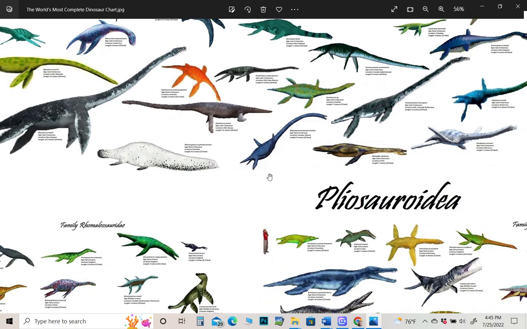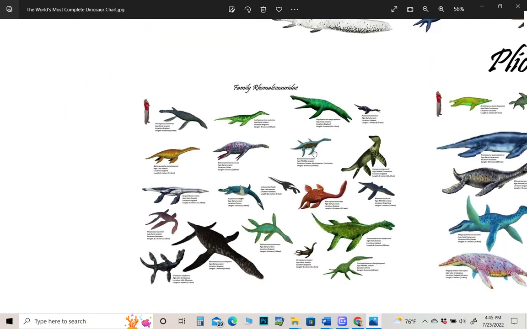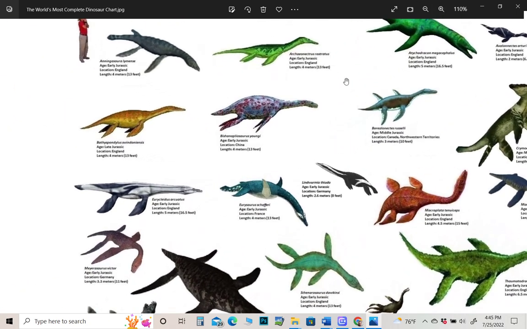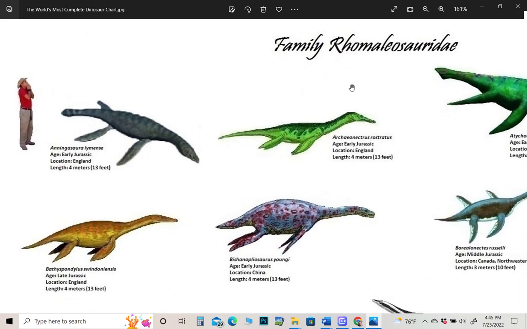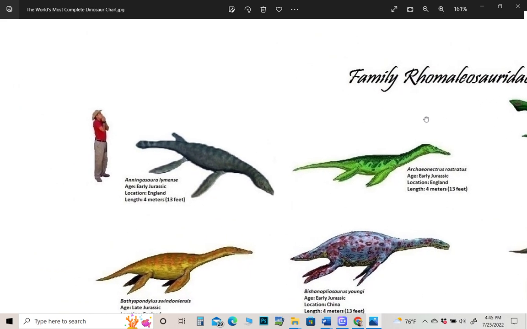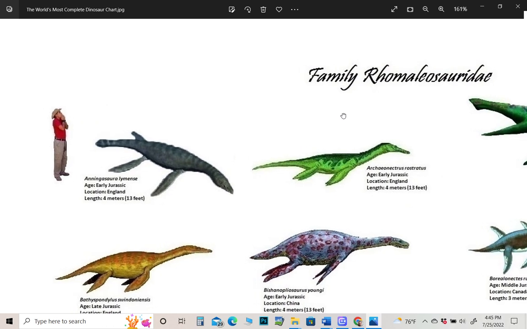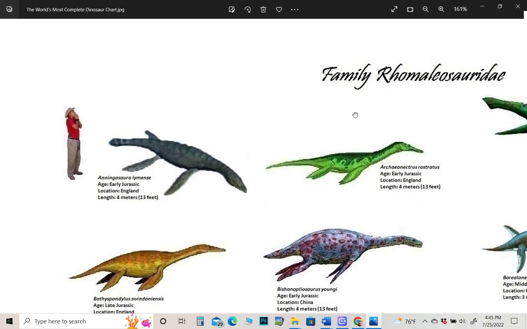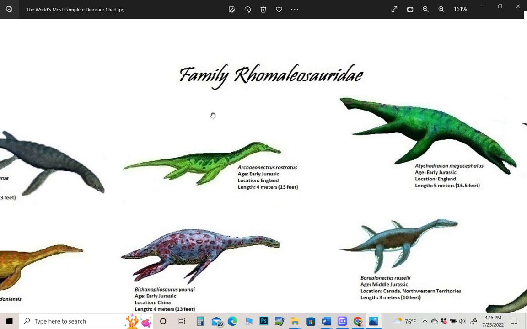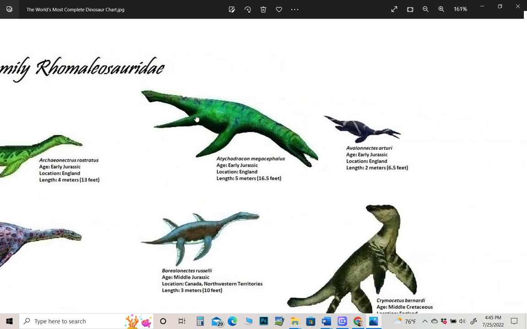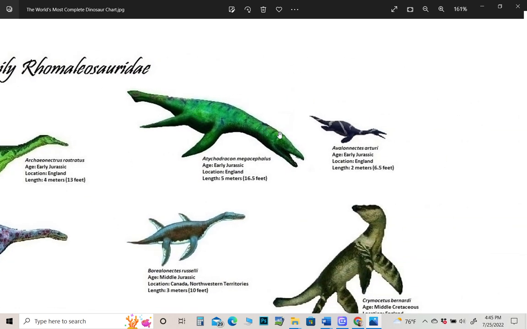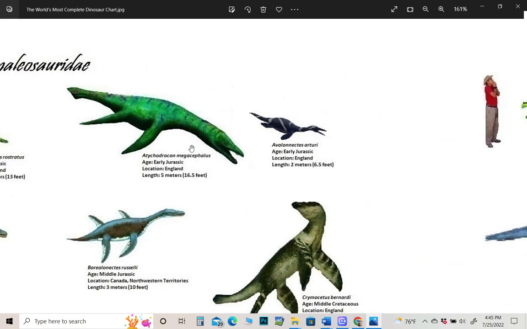Now we are on to the pliosaurs, the short-necked plesiosaurs, which are in two families, the Romaleosaurids and the pliosaurids. Starting with the Romaleosaurids, which are the more primitive, smaller ones. Anigosaura, Archaeonectris, Aticodracon, Avalonectes,